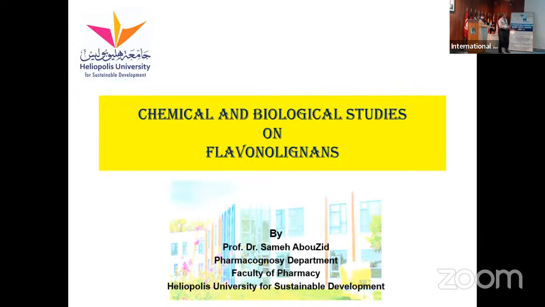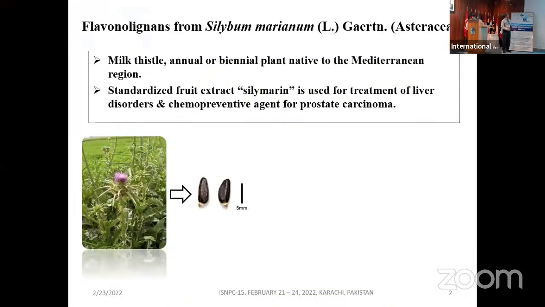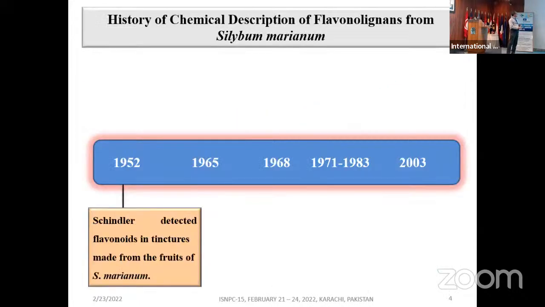Today I'm going to speak about flavonolignans, some of the chemical and biological studies which I have done in Egypt about flavonolignans. I will focus on the model species producing this class of compounds, which has been studied for hundreds of years and which has been used for treatment of liver diseases for hundreds of years, milk thistle or Silybum